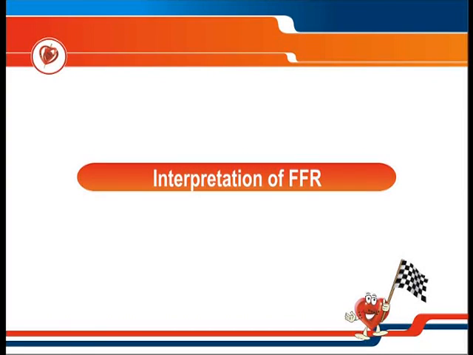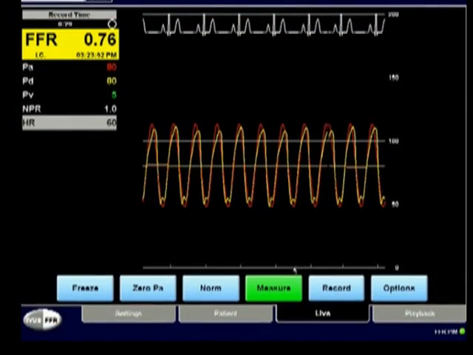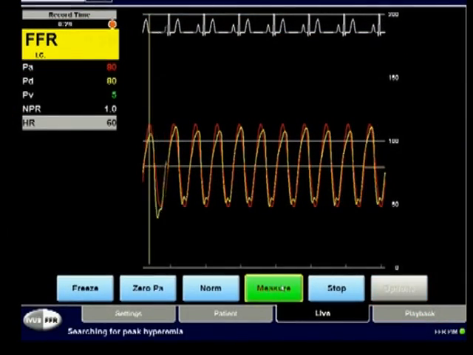The interpretation of FFR is very important. And how do you interpret the FFR, especially for intermediate lesions? Here you see the pressure trace and the FFR is 0.80,